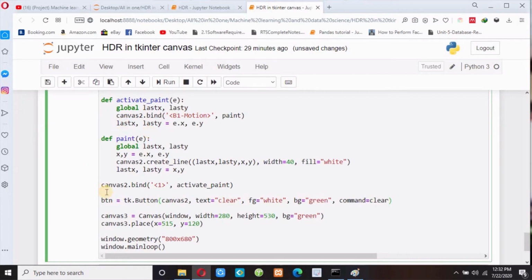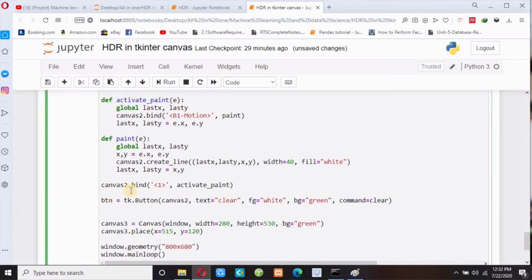So I have to make the clear function over here. So first of all, let me write the position of this button. So btn dot place, I have to place this button on the top side of the Canvas 2. So x equals 0 and y equals also 0.